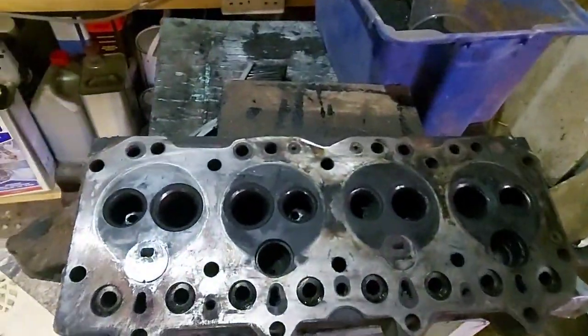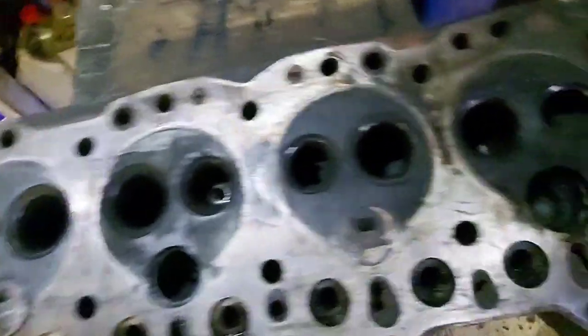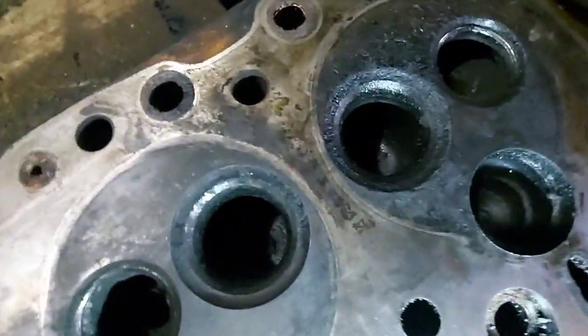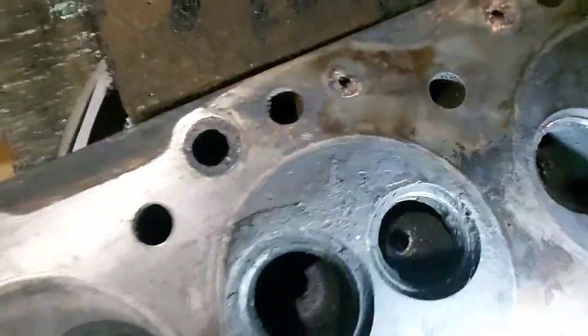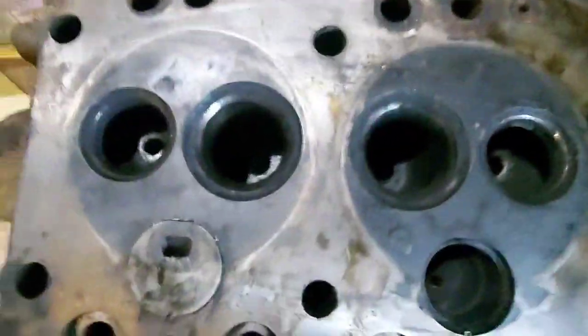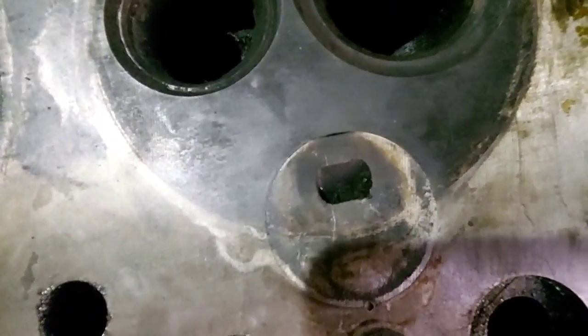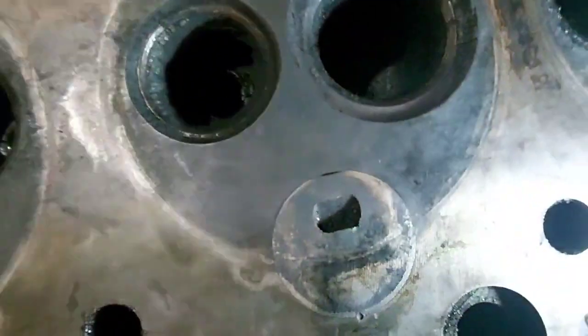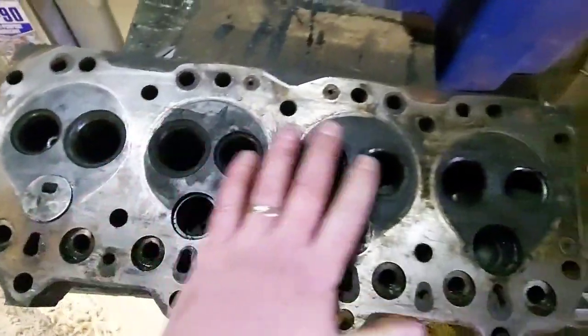Right, the engine's buried in the corner there now, so I'll not dig it out. I'll try and put a photo in. But this head, I don't know if it's going to come up on the camera. See if I can find a bit where you can see it. You can see fine little lines where it's been machined. The head has been skimmed at some point. And what's happened, it's been skimmed with the hot spots in place. You can just see the little lines on the hot spots. There you go. Yeah, it's been skimmed with the hot spots in place, and then